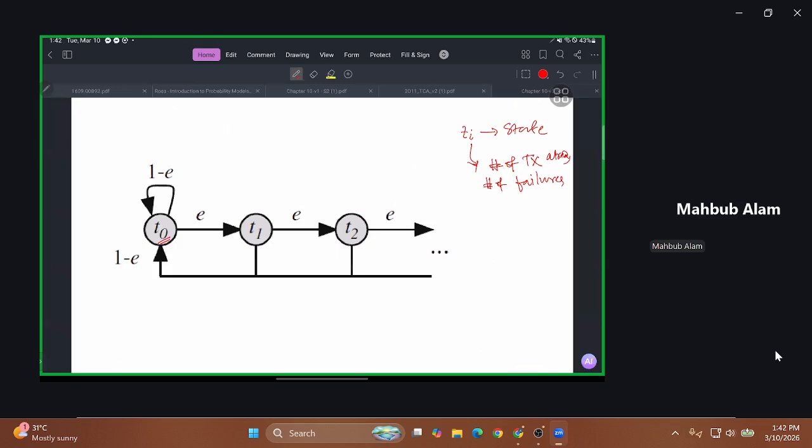When the subscript value is 1, this indicates this is a retransmitted packet, and previously one attempt was unsuccessful. Now it is the second attempt, the first retransmission. Now, what is the probability that a packet is corrupted? A packet is corrupted or experiences an error with probability E. What is E? E depends on the probability of one or more bit errors.